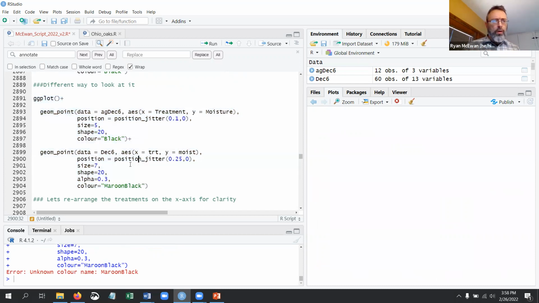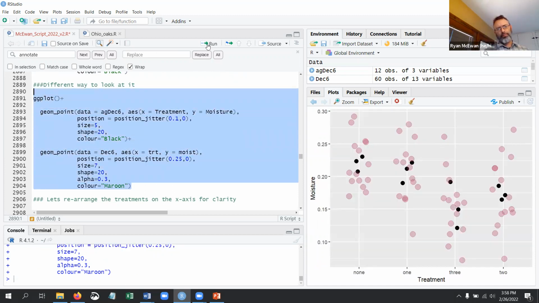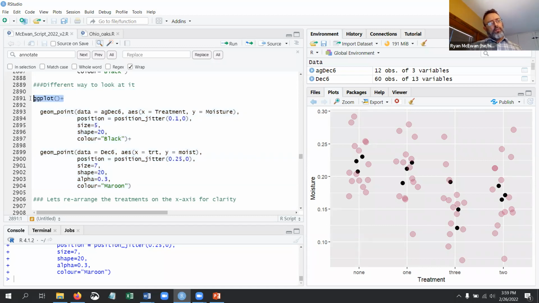Uh-oh, no. Here we go. Jeez. There we go. This is pretty sweet. So here's what I've done, and see if you can make this code work. Here, I'm saying GGPlot brackets plus, and then